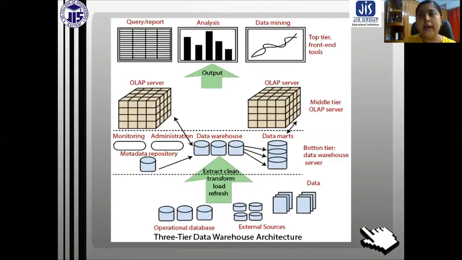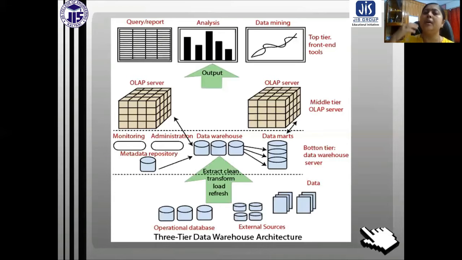So in the OLAP server, some logical representations also come with that data. We are going to discuss OLAP vastly in the next classes. But the middle tier is dedicated to OLAP, where all the analytics are done. All the logical portions come here in the middle tier.